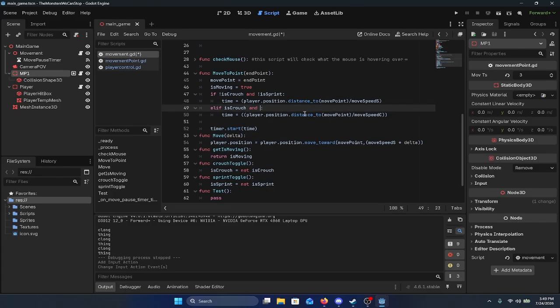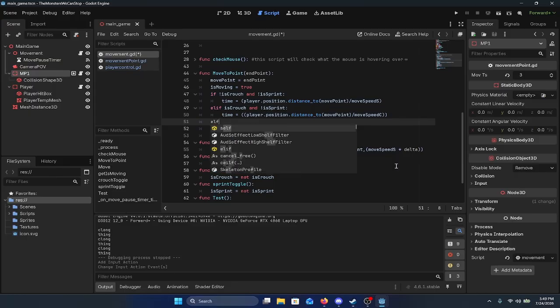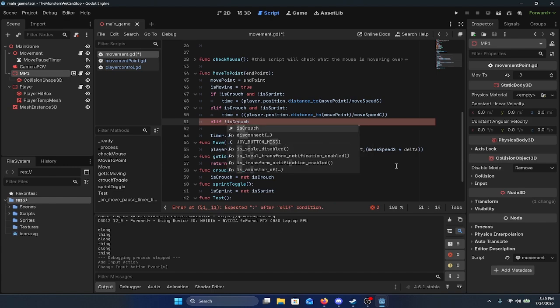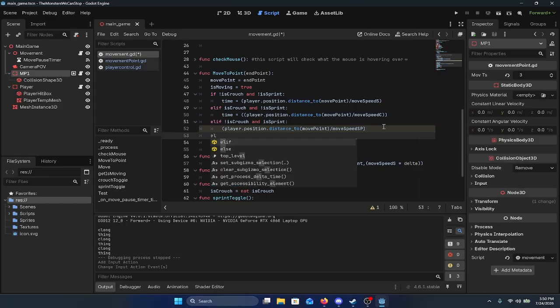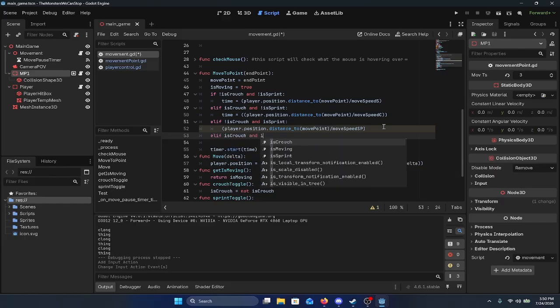If is crouching is true and is sprint, you could also do it the better way if you're holding L. If is crouch is false and is sprint is true, then player is moving by sprint. Finally, else if is crouch is true and is sprint is true,